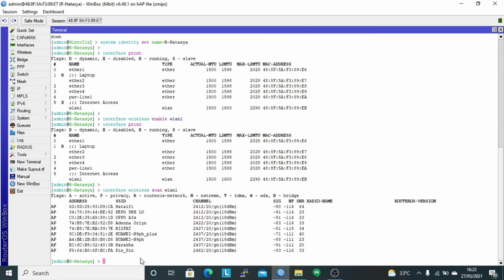And next, configure the security profile with the command interface wireless security-profile add name. Here I use the name Nata and the mode is dynamic keys. Authentication used is WPA PSK and WPA2 PSK.